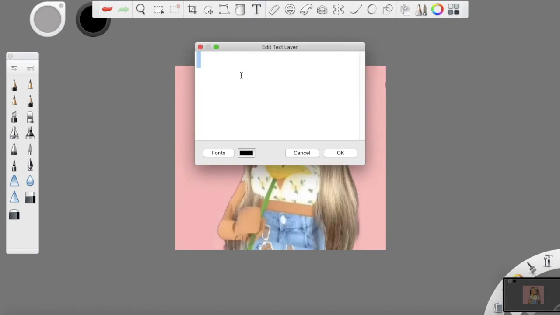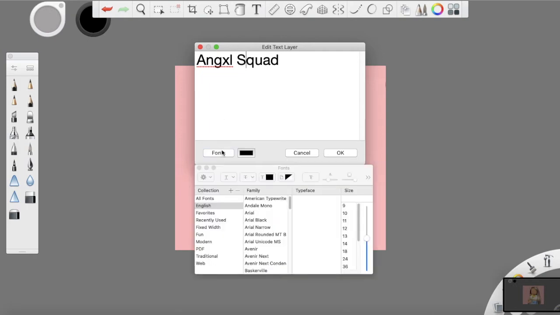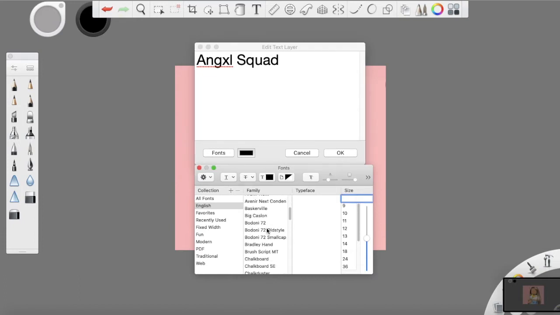So she asked for it to say "Angel, but with an X. Angel squad." And it should be easy, but in fonts, because she asked it to be all fancy,